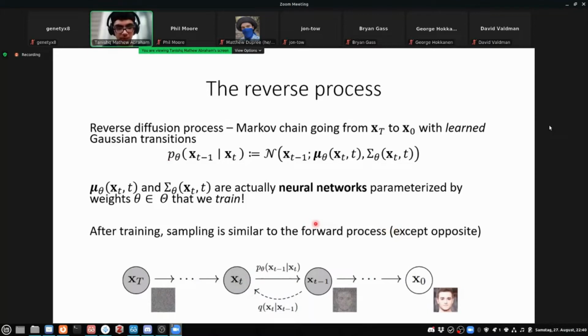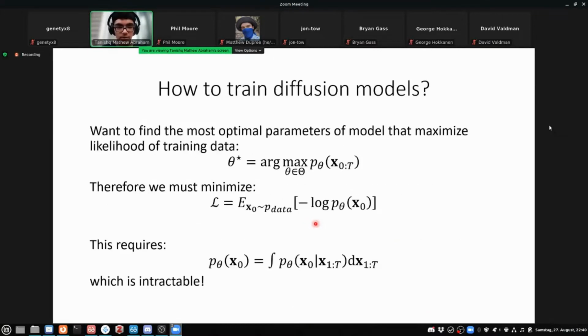Okay, if that makes sense, I will move on to discussing the actual training and the loss function. Of course, the whole general idea here is that we want to find optimal parameters for our function that maximize the likelihood of our training data. And so in order to do that, we want to minimize this